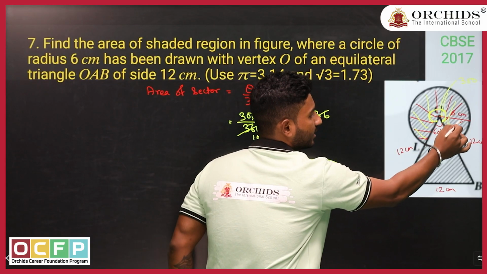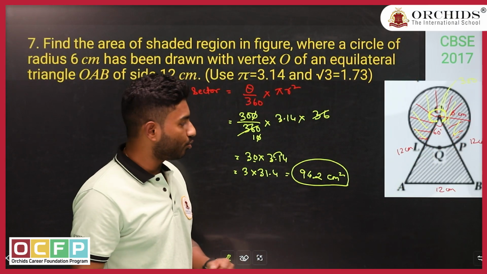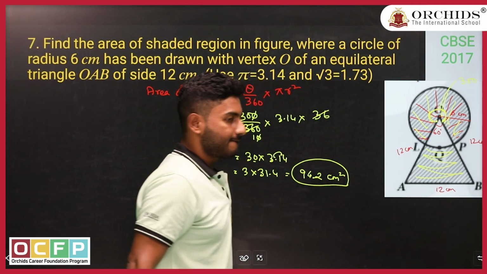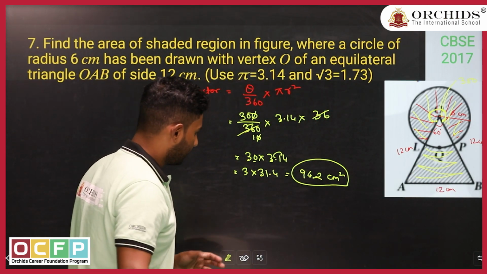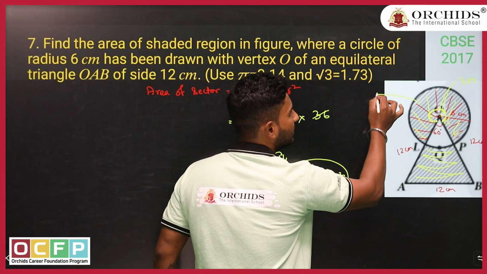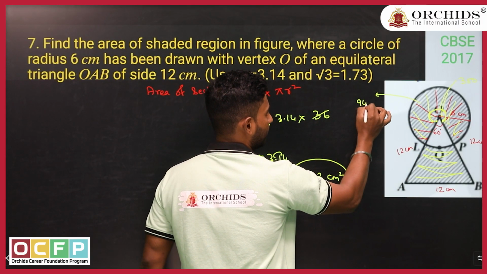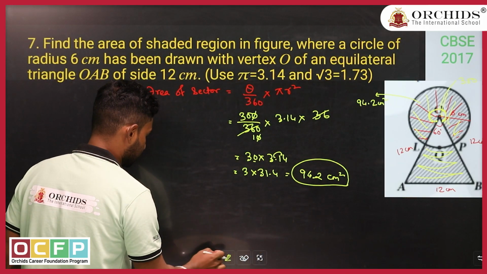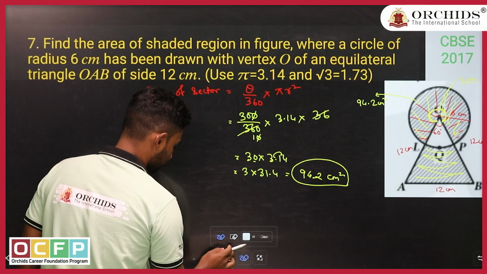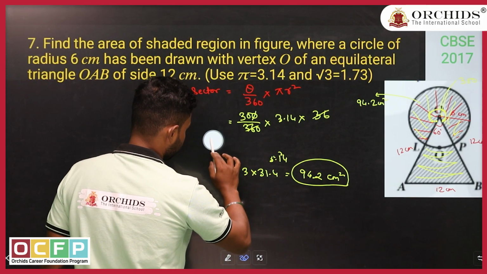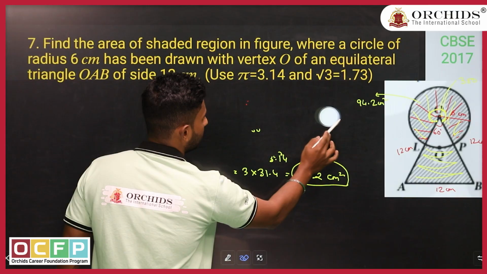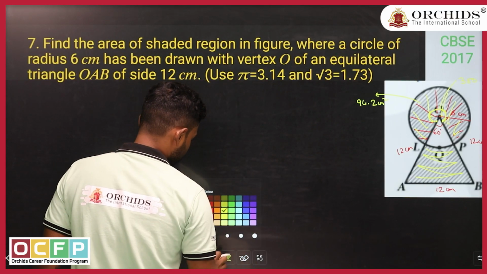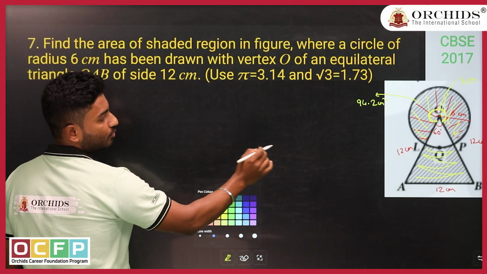This one we got. Now we are left with the other portion. So how to find it? Let me write it for the time being: this one we have got is 94.2 centimeter square. Area unit is necessary. Now to find this area,